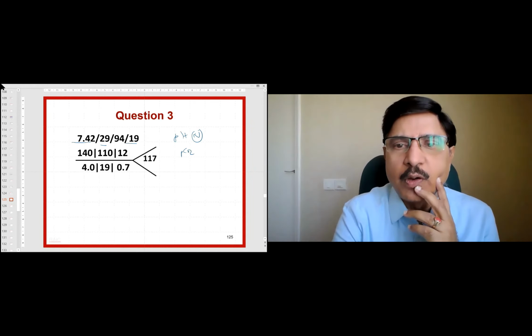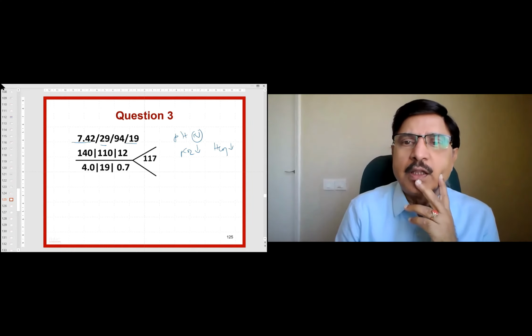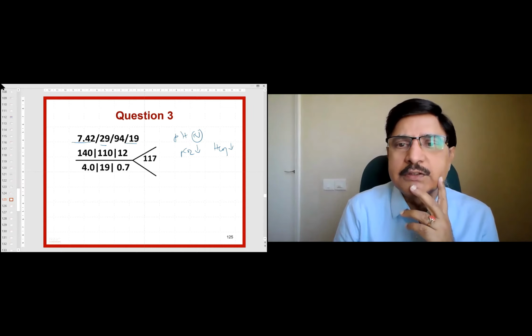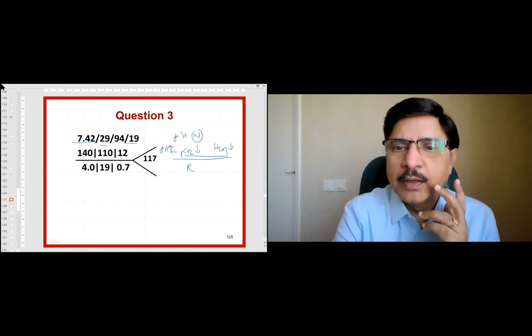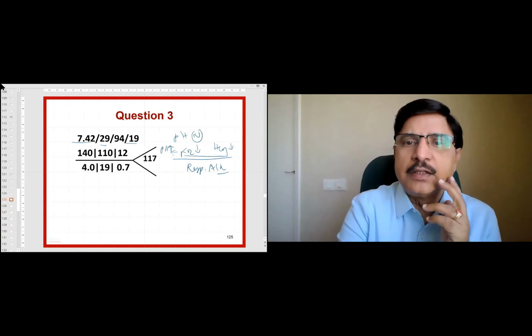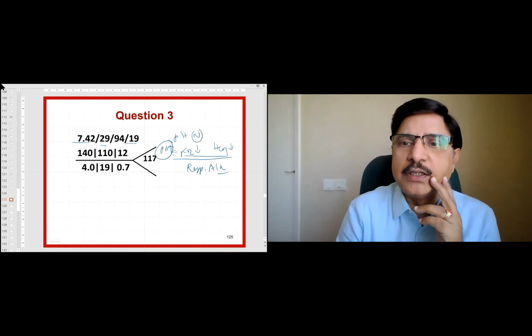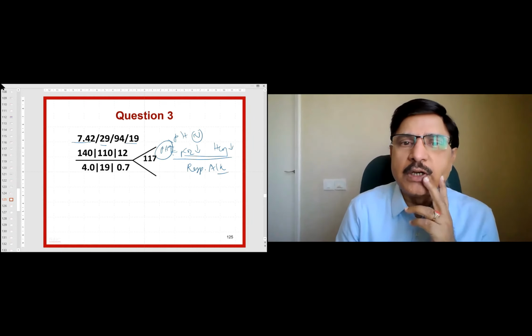PCO2 is down. And bicarbonate also is down. When both are going down, the possibility of respiratory alkalosis is there, isn't it? If both are down, the pH should be up, but here it is not. So pH is compensated, so there is a possibility of getting corrected. Respiratory alkalosis is under correction here. That's the pH you are not seeing, but still you are seeing the PCO2 down and HCO3 down.